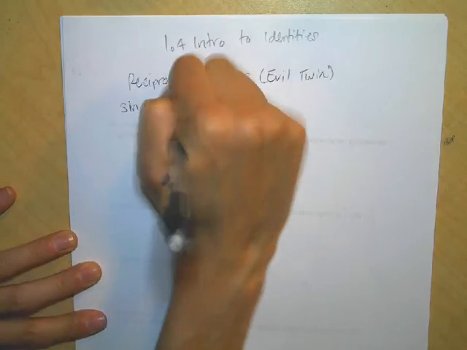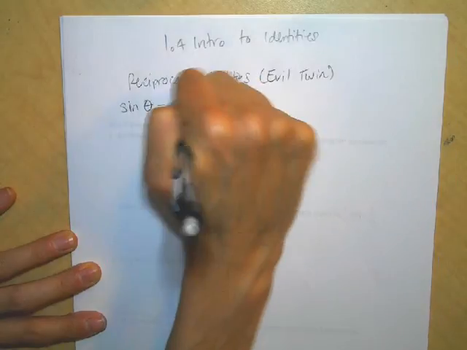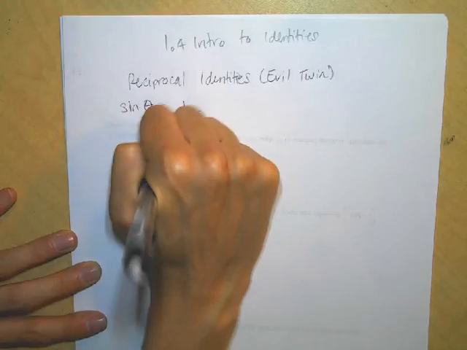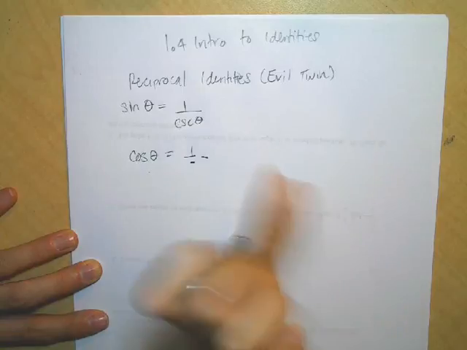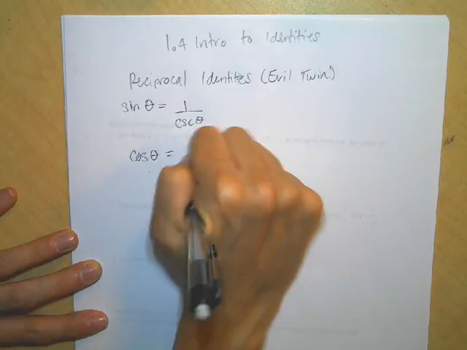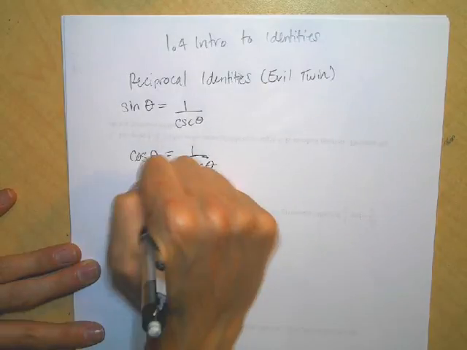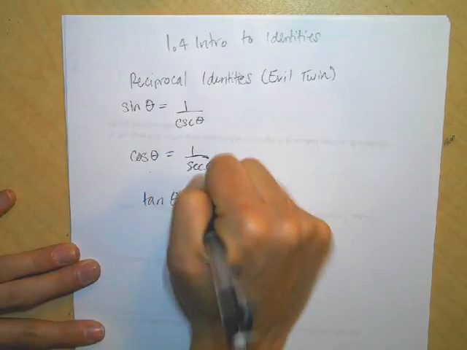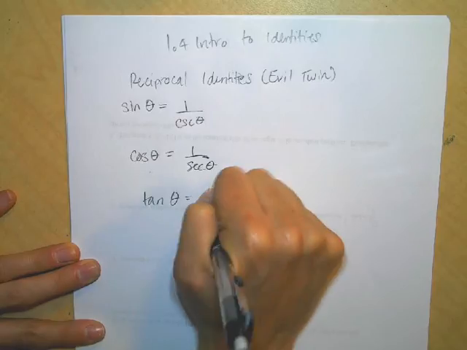There's one other small thing I want to add in this section here. These are called ratio identities. Now before I told you guys that sine goes with the y, cosine goes with the x. That's going to apply here because we said that tangent was y over x. Well, that's the same thing as saying sine of theta over cosine of theta. And since cotangent is its evil twin, it's that same thing